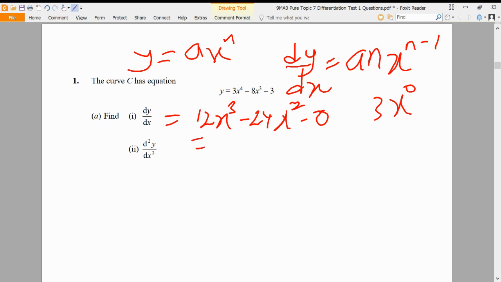Now, eventually, your answer is just going to be 12x raised to power 3 minus 24x raised to power 2. This is your answer. The second one says,